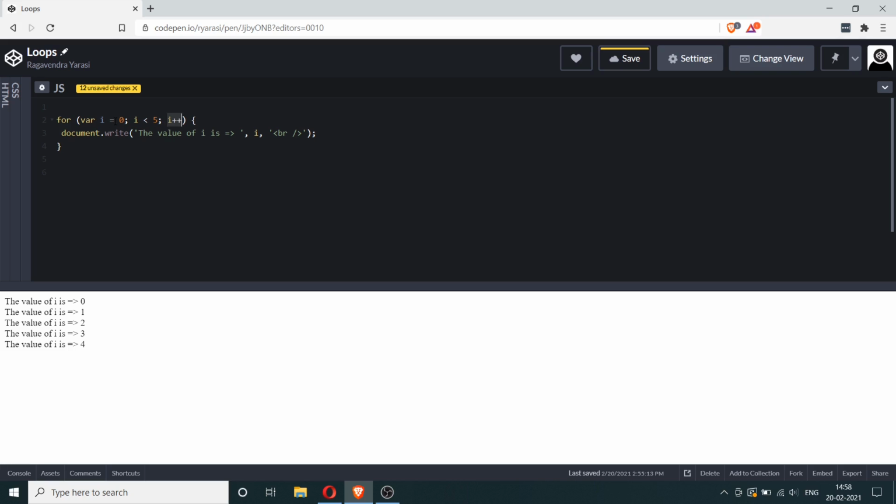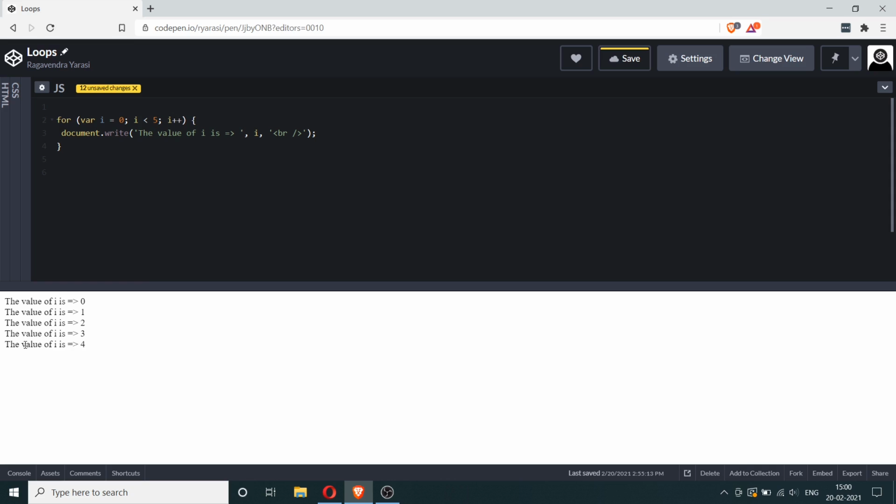So we're starting off with the value of i being 0, and that gets written here. The value of i is 0, and it executes this line of code which will increment the value of i. So in the second iteration of the loop, the value of i will be 1, and it will execute the loop one more time, and again the value of i will be incremented by 1, so it goes to 2. Like this, the code will get executed at successive iterations until this condition is met. So when the value of i is no longer less than 5, then it will stop. You can see here that it executes the code until the value of i is 4.